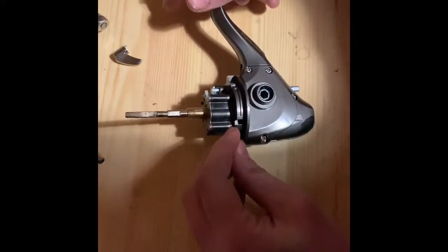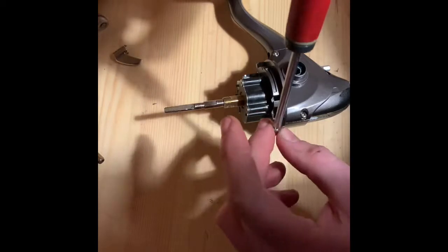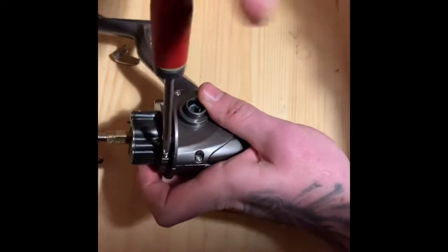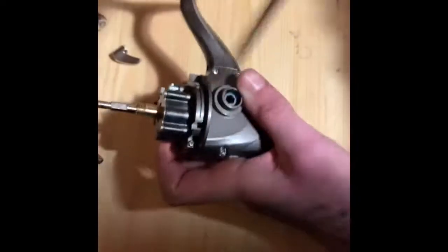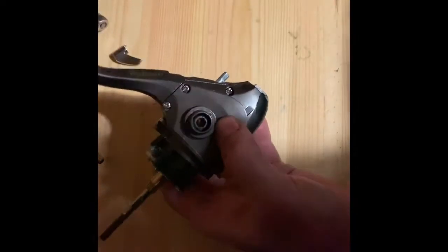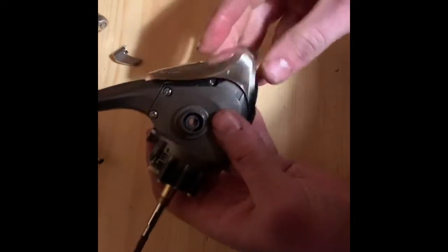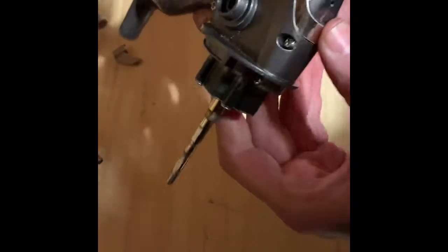I'm just going to put this one down a sec, just to get this one in. This one seems a little bit awkward. There we go. That's that one in there. Alright, so that's that back together. So I'm going to put the bottom cover on now. If you remember, there was one in the handle which held this one on as well, just inside there. So if we slot that one back on there,